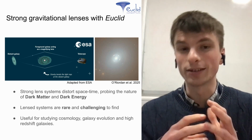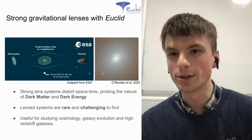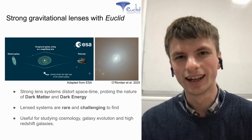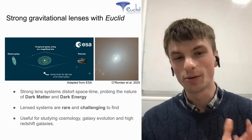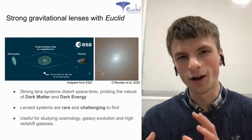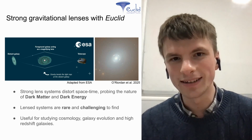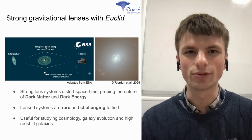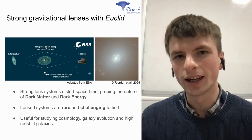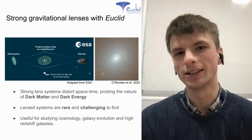And this is called strong lensing when this deflection is significant enough to cause multiple images of the background galaxy. So you can see this on the nice example on the right-hand side, which is also in Euclid Q1 data, but was found serendipitously. This is a particularly low redshift lens, and you can see the four lensed images surrounding the central elliptical galaxy, forming an almost complete Einstein ring. So the purpose of the search in Q1 was to systematically search through the Q1 data to find more examples